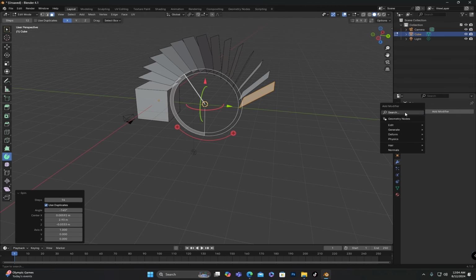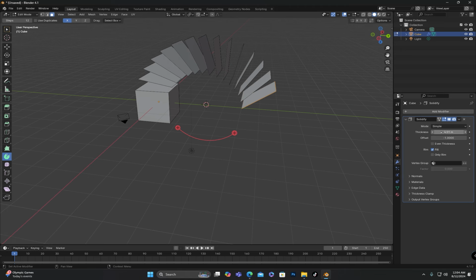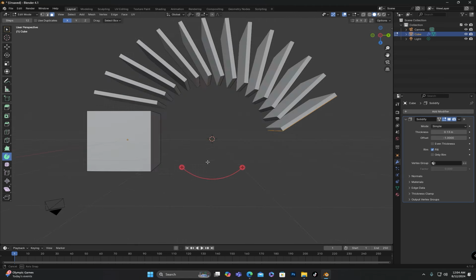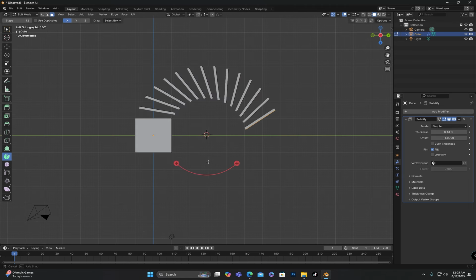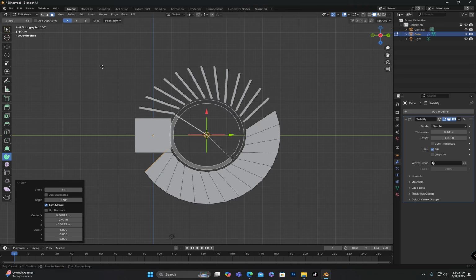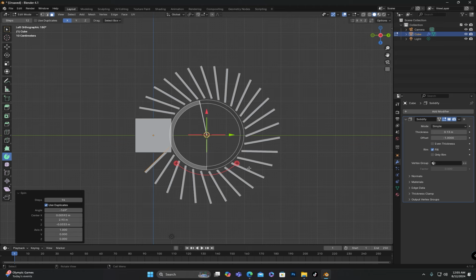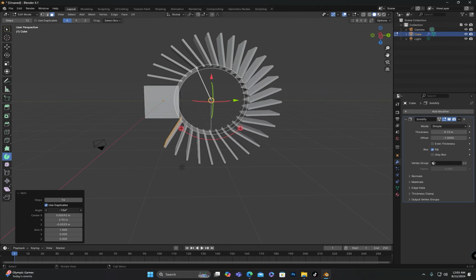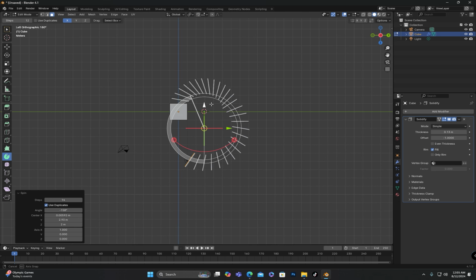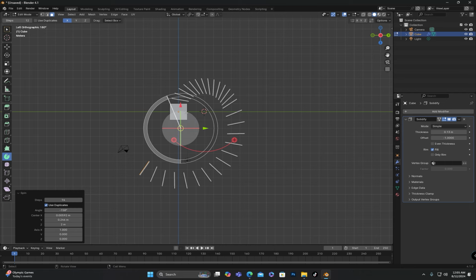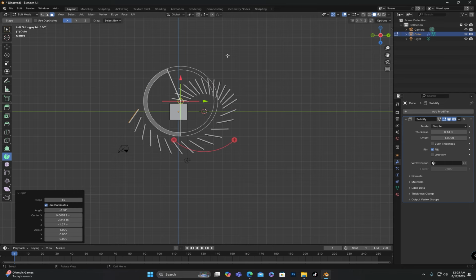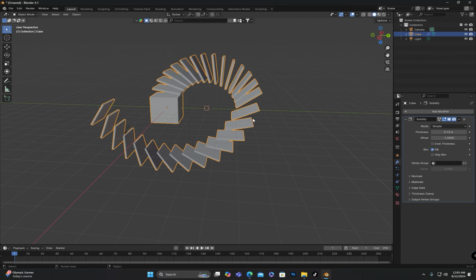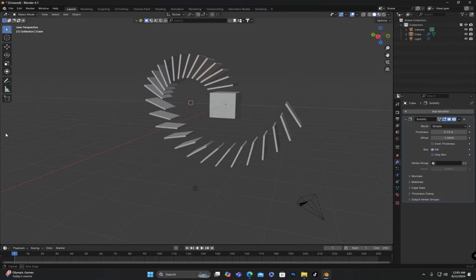And if we apply the solidify modifier right now, we can create even more creative objects. With the face selected, you can continue using the spin tool and check the use duplicates option again. You can also adjust the angle value from here. As you already know, you can move the arrows to make further changes to the shape. This way, you can create some really unique and creative objects using this tool.